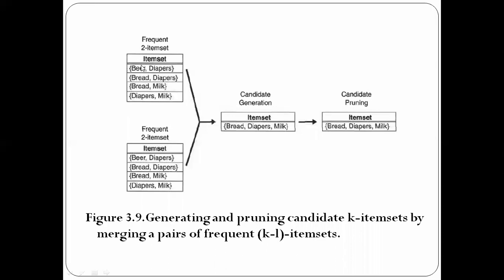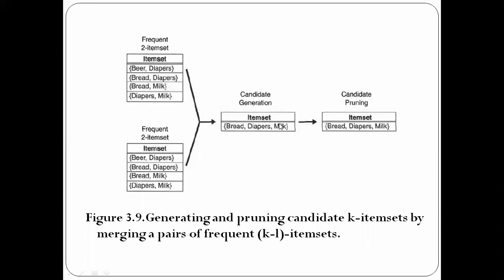So we will be considering the joining operation only if the first item is the same, that is, whenever we are generating candidate 3 items. Then after generating the candidates, we will be pruning those by applying the Apriori algorithm. Just try to understand the method here.